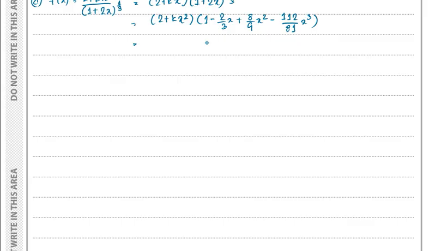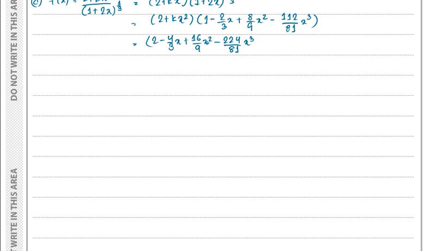So if we expand this, 2 multiplied by 1 would be 2. 2 multiplied by minus 2 by 3x would be minus 4 by 3x, and 2 multiplied by plus 8 by 9x squared would be plus 16 by 9x squared, and 2 multiplied by minus 112 by 81 x cube would be minus 224 by 81 x cube, and